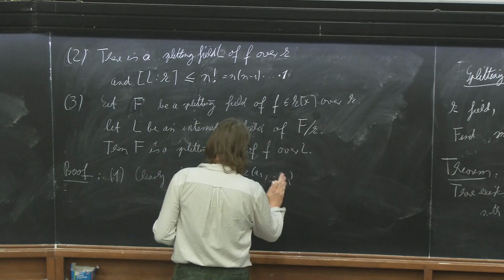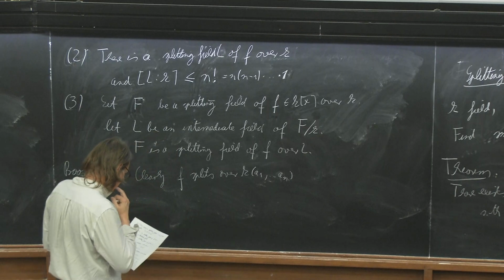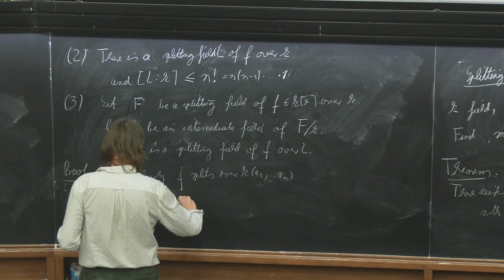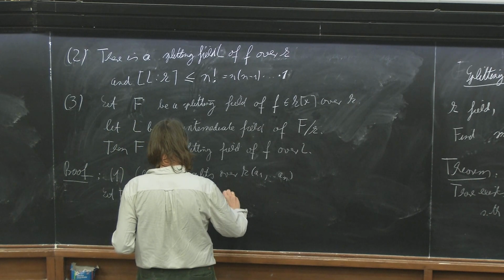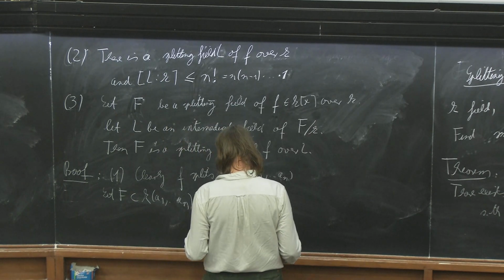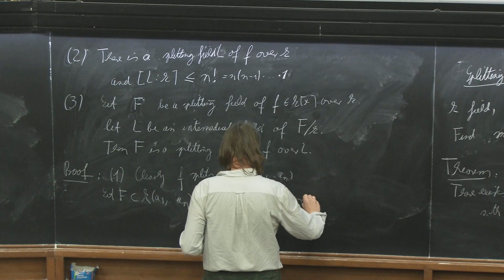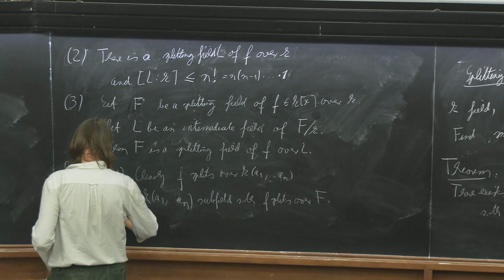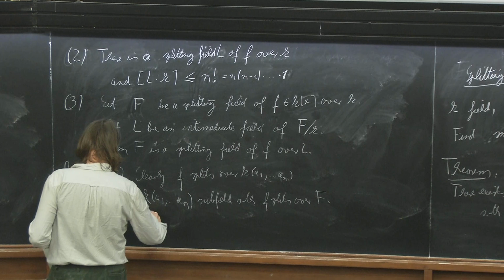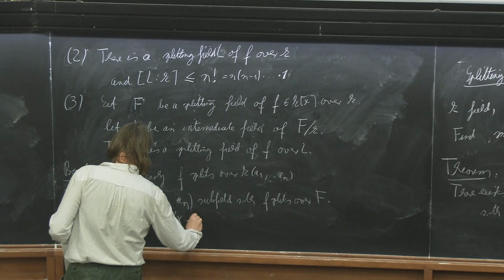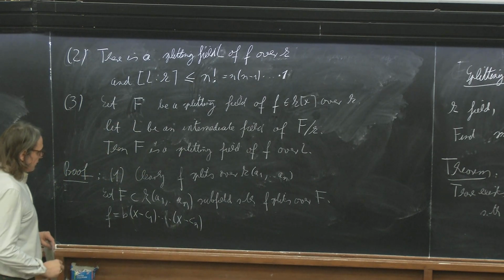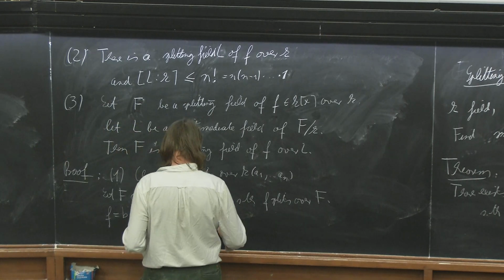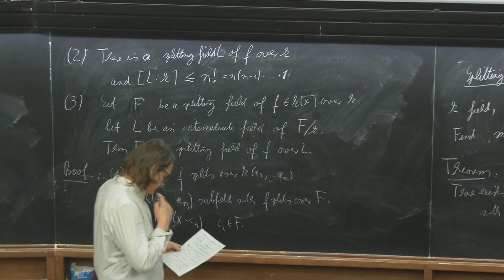I have to see that it does not split over any intermediate field smaller than K(a1, ..., an). Suppose there is a subfield, containing K, such that f splits over it, call it large F. So then obviously we have that f is equal to, say, x minus c1 times